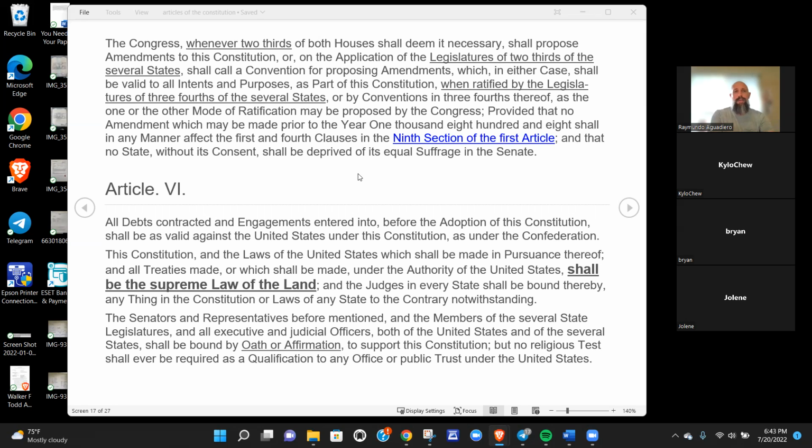So to make an amendment, 2/3 of Congress has to vote on it and pass it. Wait, sorry, 2/3. So they can bring an amendment and vote on it by 2/3. Is it in addition to? Amendments or the application? As it's intended, shall propose, so they can propose amendments, or the state legislatures can propose amendments if 2/3 of the states agree to propose an amendment. In either case,